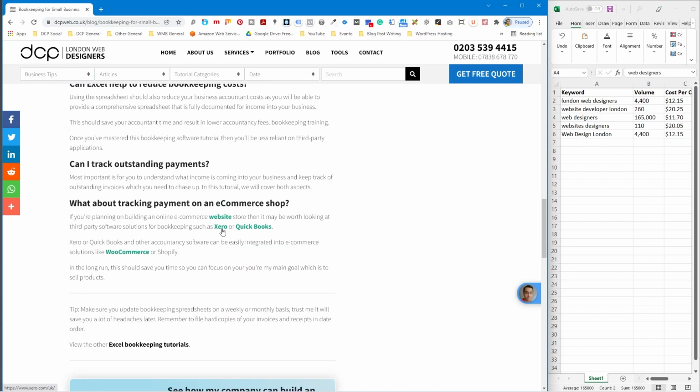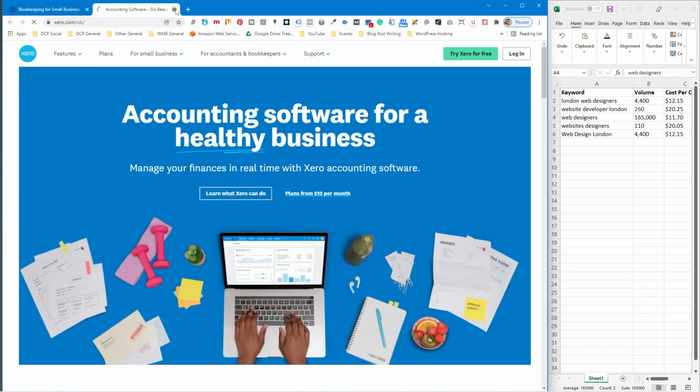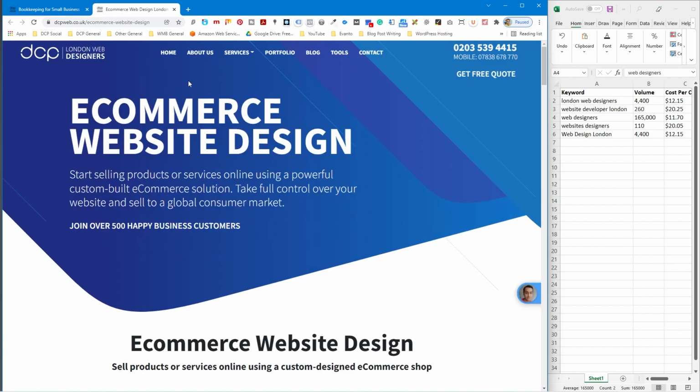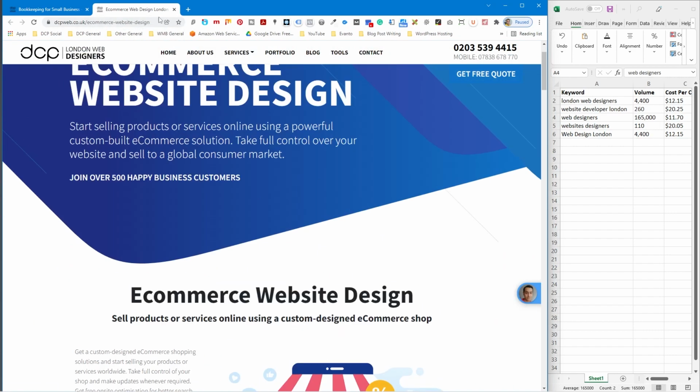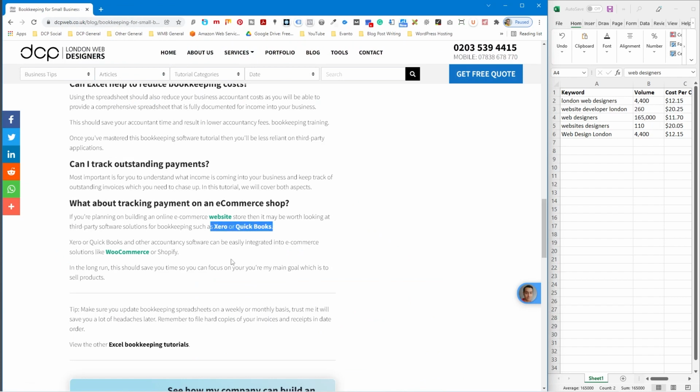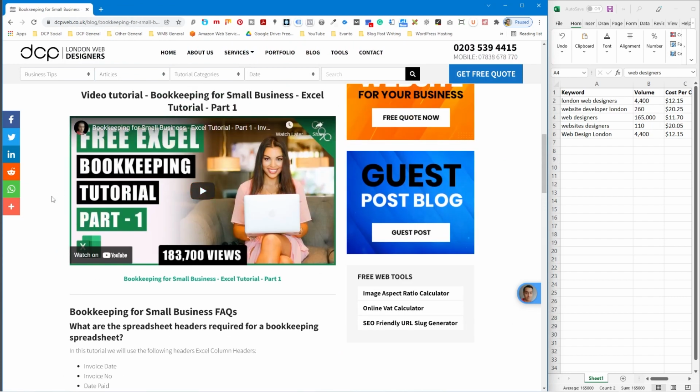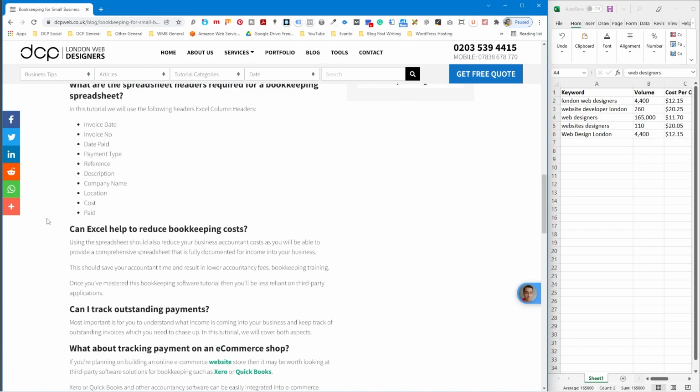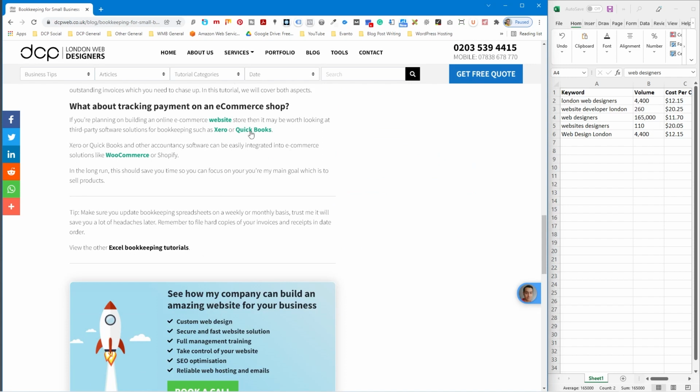But here you can see I linked out to Xero, I linked out to QuickBooks, and I linked out to WooCommerce, right? There's no advantage for me to link to QuickBooks, there's no advantage for me to link to Xero, and WooCommerce actually links internally to my e-commerce page. But these two are really direct competition to this video, right? These are paid software applications, whereas this is a free video tutorial where you can learn how to do bookkeeping for free. So they're kind of competing with each other, but I'm giving information to Google, and I'm also linking out to some very authoritative websites that have good backlink profiles and are very popular,